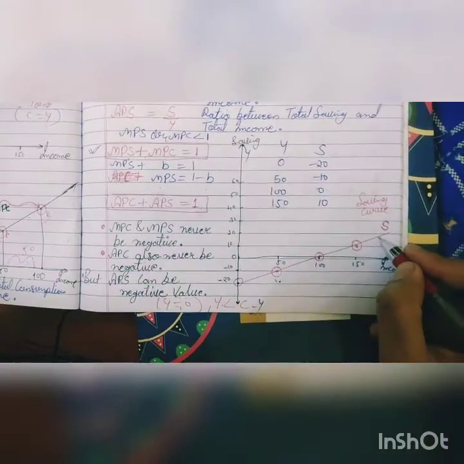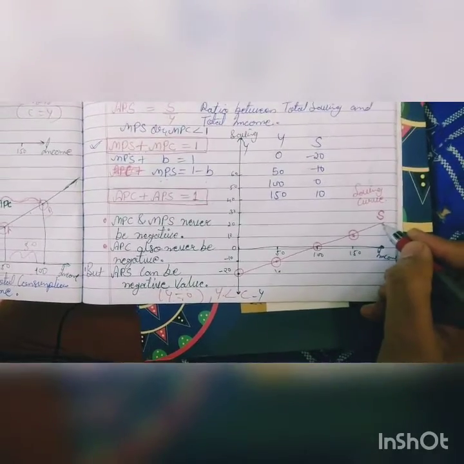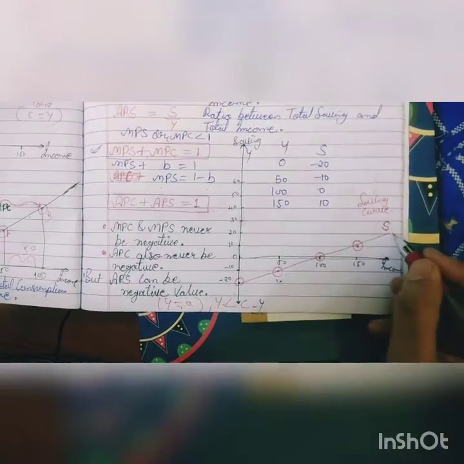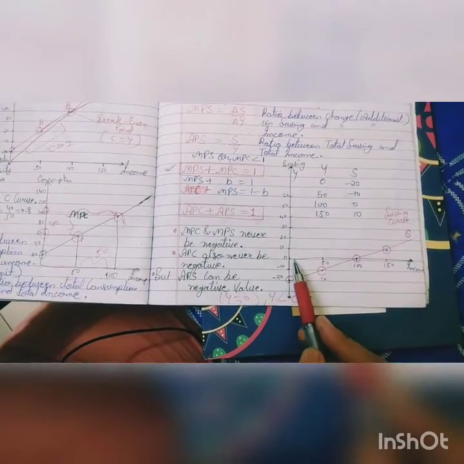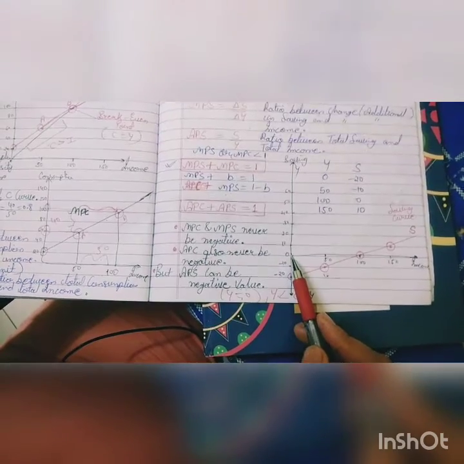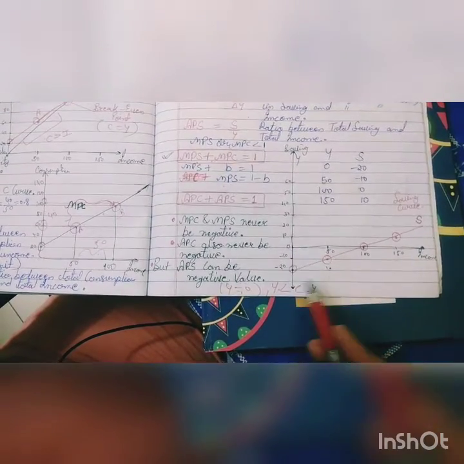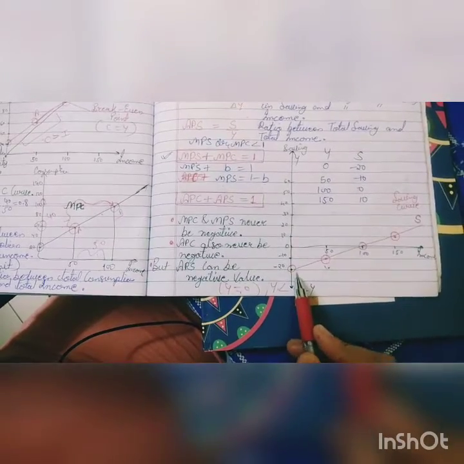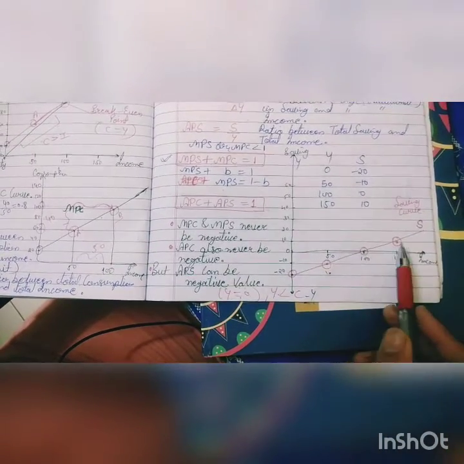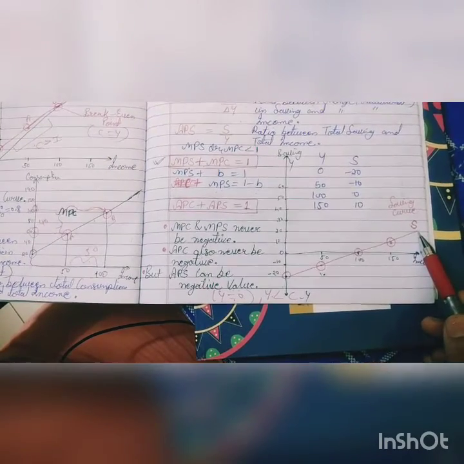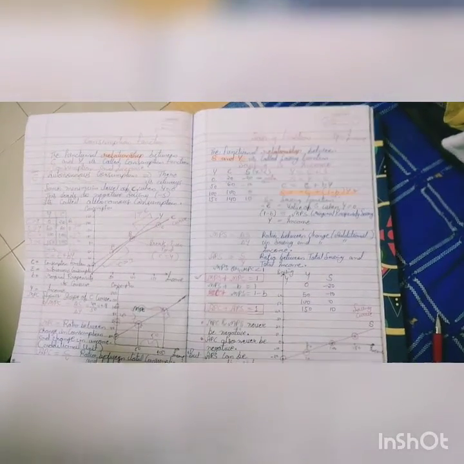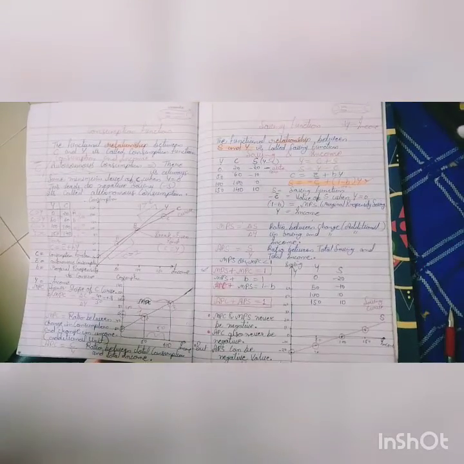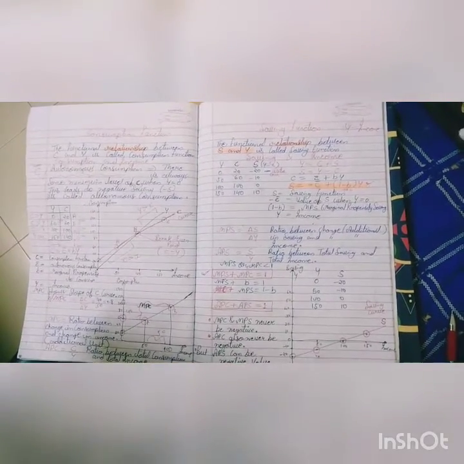When we make these dots, we get the saving function curve. So this is the saving function curve. It shows that when income is 0, or less than 0, it means we are not getting any income, then saving is always negative. When income increases beyond 0, we get savings. We can save the money. So like this, we solve the consumption function and saving function. Now the next topic is the relationship between the consumption function and saving function.